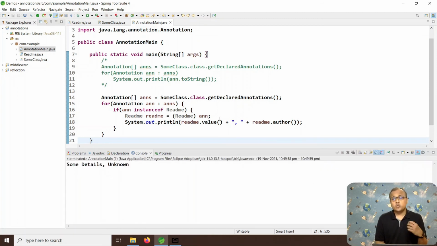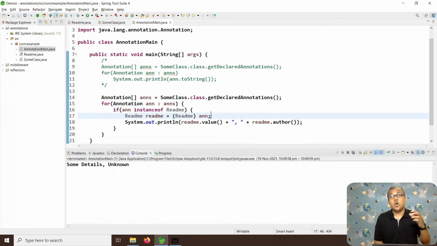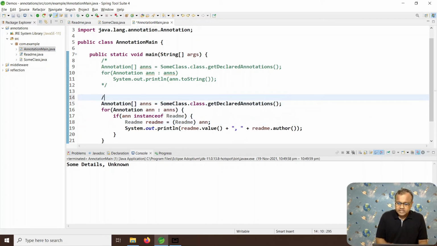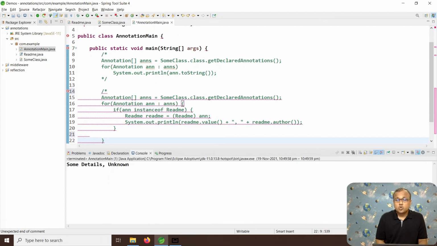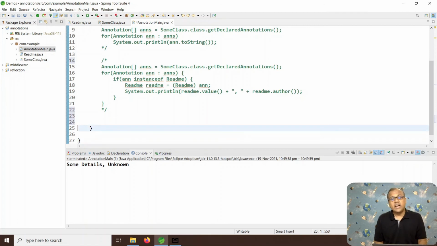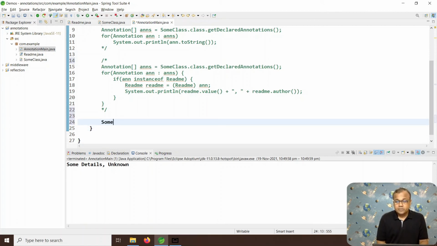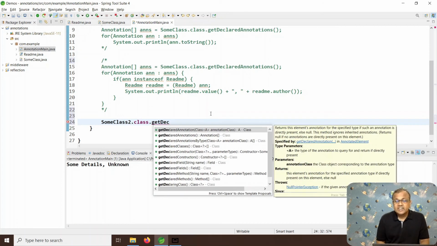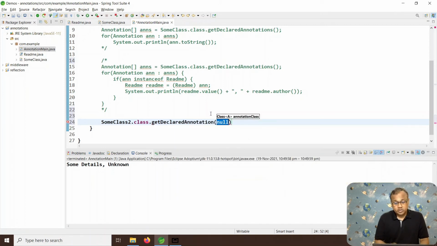In some cases, you are interested in checking whether a particular annotation is present on a class or not. In that particular case, instead of going through all the annotations, it is a good idea to only look for the desired annotation, and that can be done by using getAnnotation. While doing this, you can specify which annotation type you are looking for and collect it in the respective object.